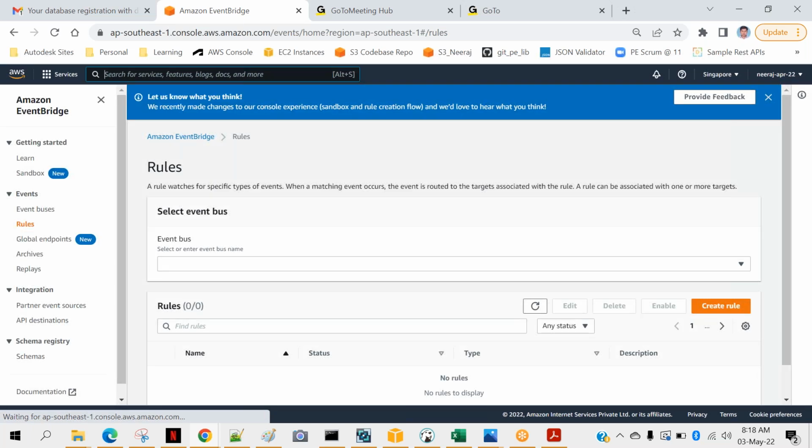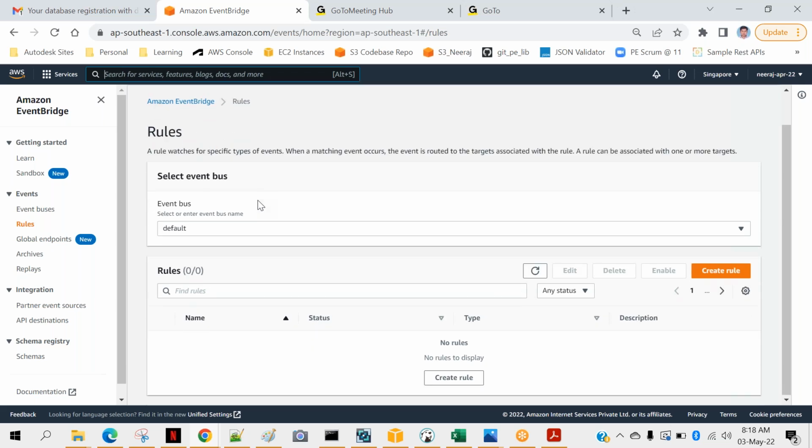Okay, so here you can create different rules, and rules can be of two types. One is a defined schedule. I mean, it will run at a specific time, or it can be event based. If you remember, we created one Lambda function, and we put one rule